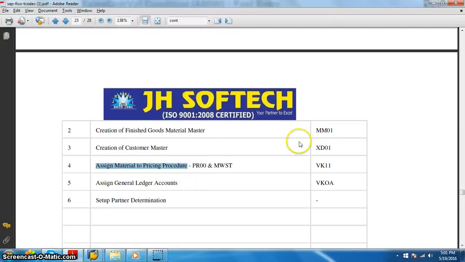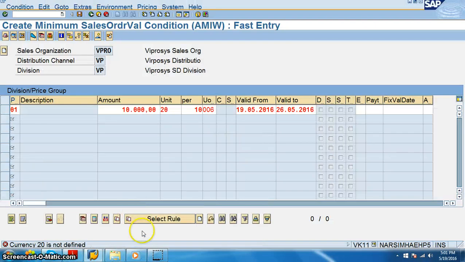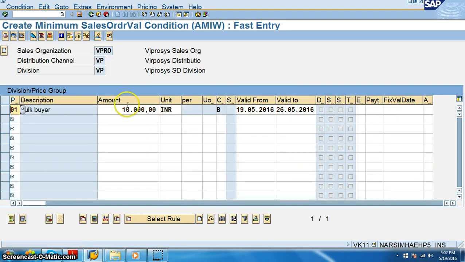That's assign material to pricing procedures. Currency, yeah, this is unit INR. Save it. So the condition records are saved. Back.